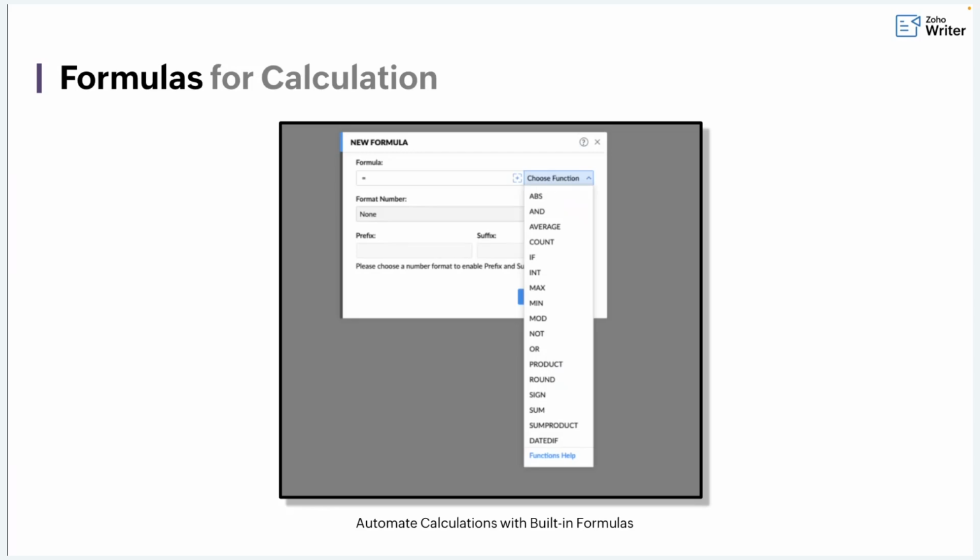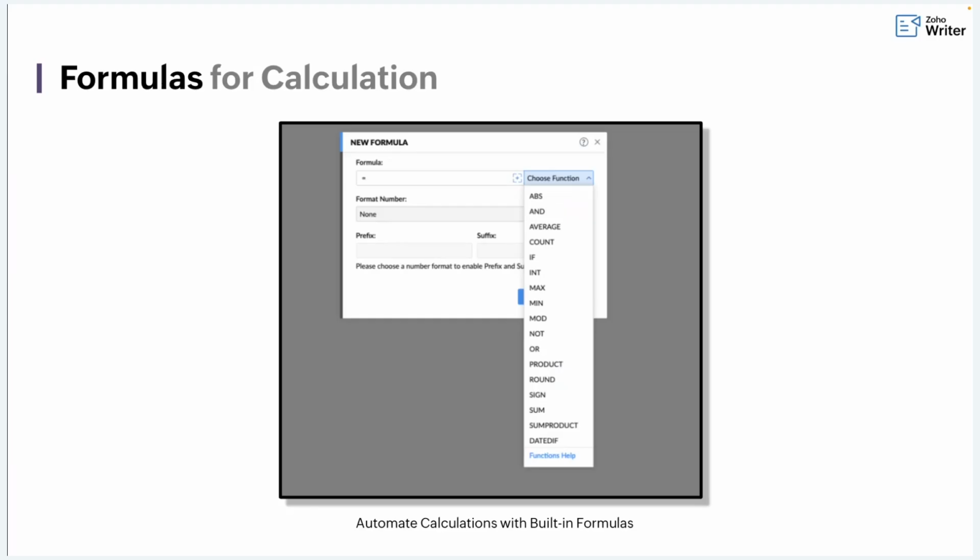For example, in an invoice, Writer can automatically calculate total charges for the lab test, consultations, and procedures, applying tax and discounts dynamically. Similarly, a pharmacy log can use formulas to calculate total medication dosage for a patient based on weight and frequency of administration. With various formatting options like currency conversion, rounding, and percentage calculation, Writer ensures that all financial and medical calculations are